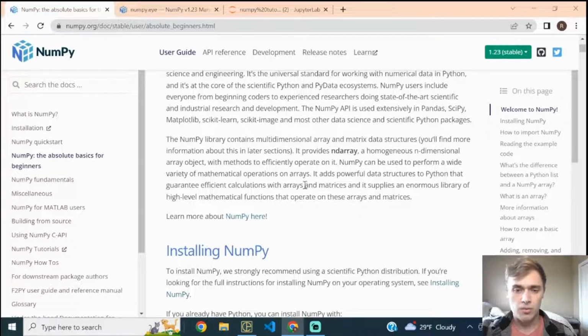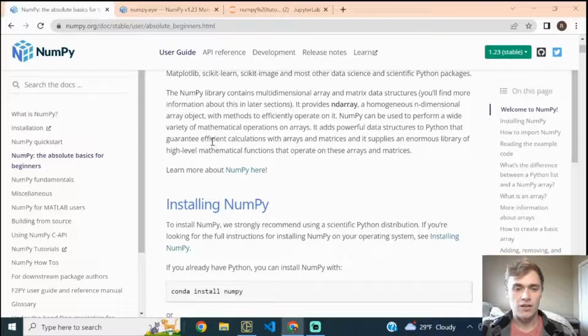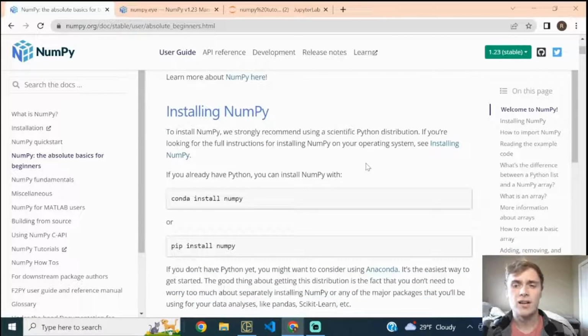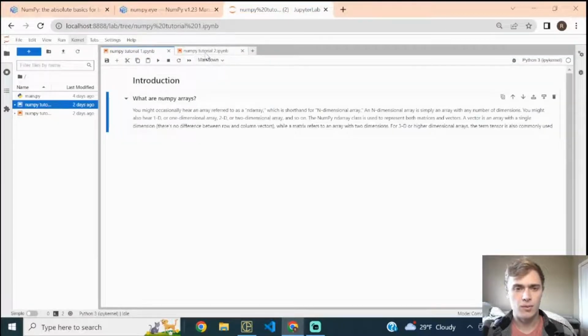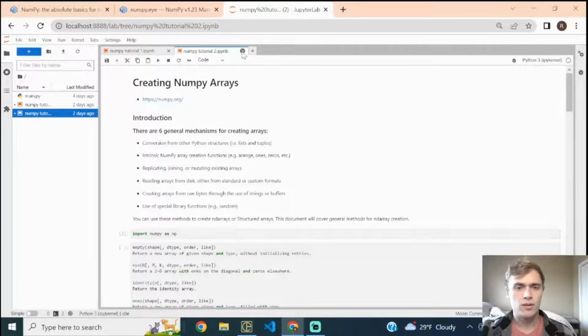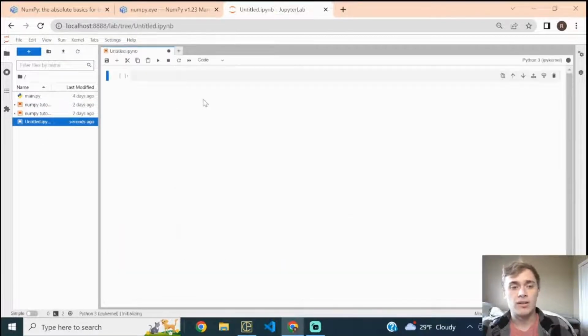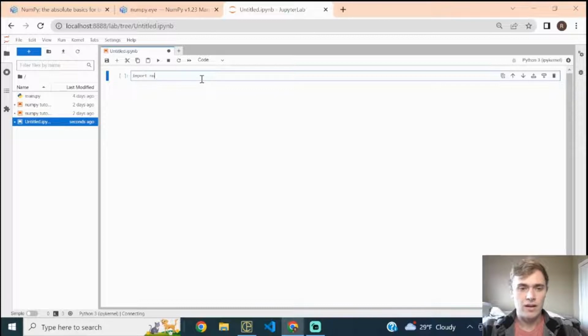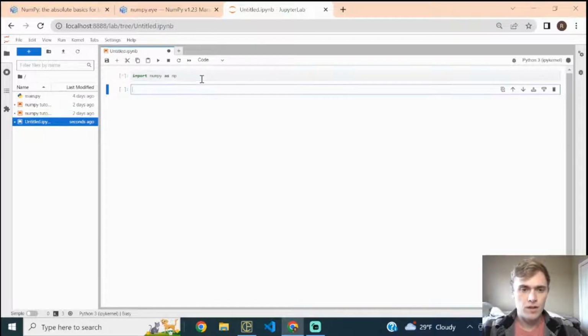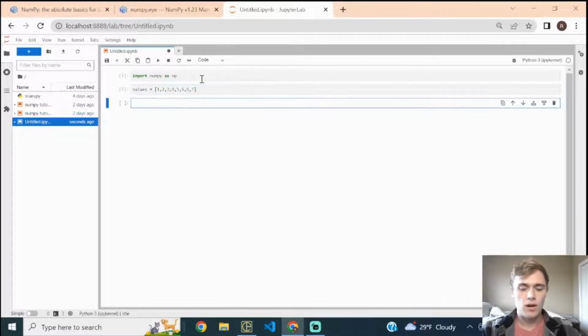So NumPy can be used to perform a wide variety of mathematical operations on arrays. So adding that powerful data structure can guarantee efficient calculations with arrays, and then it supplies an enormous library of high-level mathematical functions. So basically, maybe a good, really simple example of the difference, right? So we're going to go ahead and import NumPy. So let's say we have a Python list. So let's just say values equals just a normal list. And let's say we've got a couple different values. Well, if you would want to